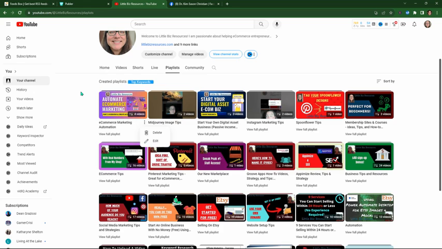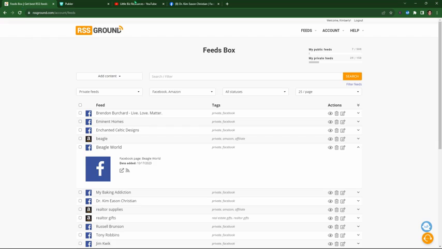So think about this. If you're posting on Facebook and it's not working, and you want better reach, then what should you do? If you want Facebook to build, then you need to share your Facebook content, right? So this is the point of this. You go into your RSS feed, RSS Ground, you build your feed, and then you can now share it to other places, right? Again, we've got some advanced strategies that we'll talk about in the course. I'll eventually have some videos on it, but I don't know when those get out. So the advanced stuff will definitely be in the